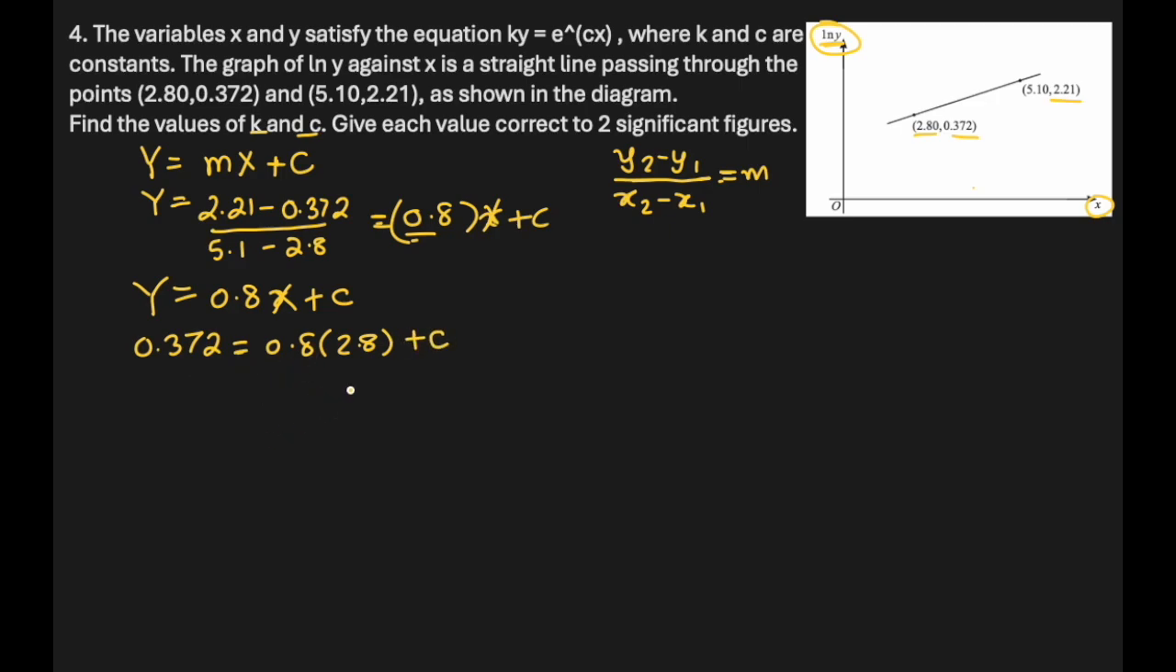So c stays here, and this 0.8 times 2.8 will go to the other side. So it will be 0.372 minus 0.8 times 2.8. If I use my calculator for this, I get minus 1.868. Now you can see that the y-intercept doesn't look like it is minus 1.868, but this is not drawn